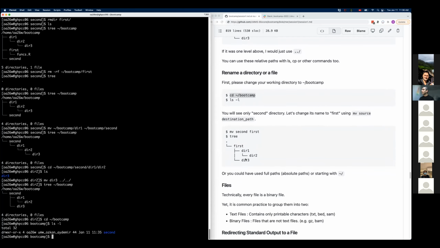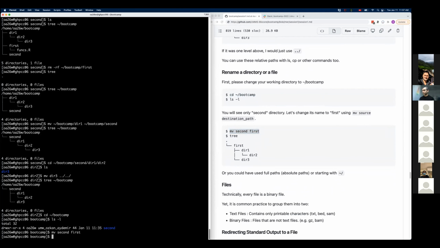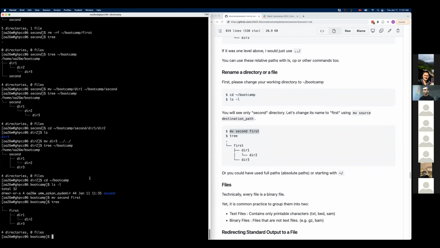Yeah, there's only second, and then we're going to move second, so basically rename this directory second and rename it first by using mv second first. Now this directory is named first.